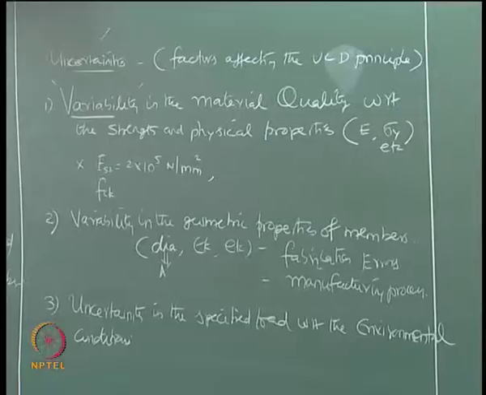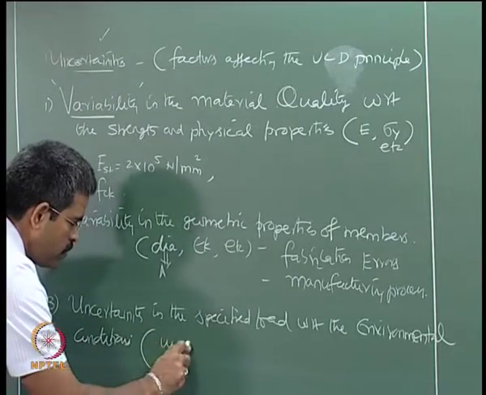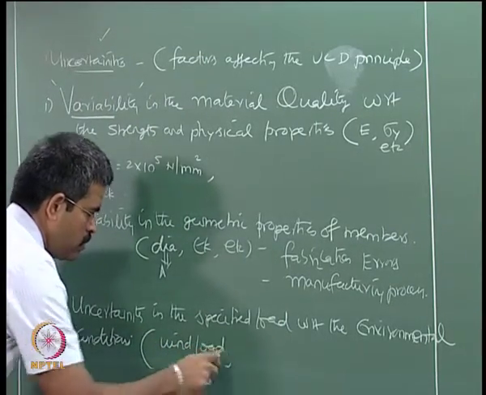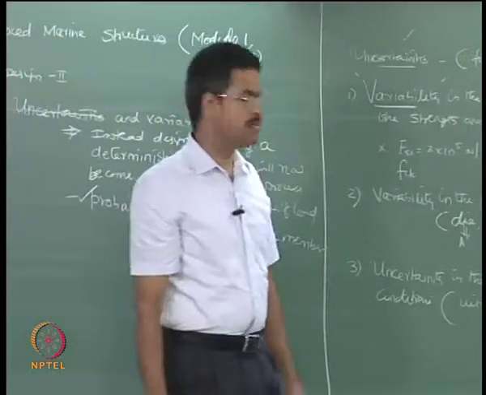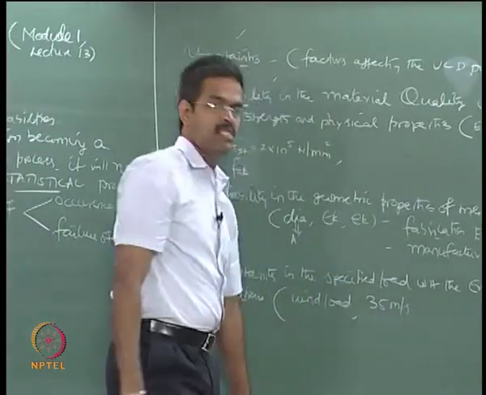For example, let us talk about wind load. You say the mean wind speed is about, let us say, 35 meter per second at a specific sea state